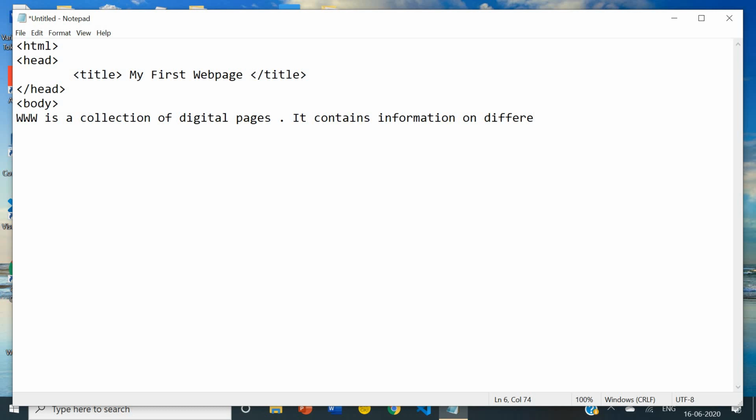Different topics that can be made available through internet. So two lines I have typed, which I am going to display on the web browser.